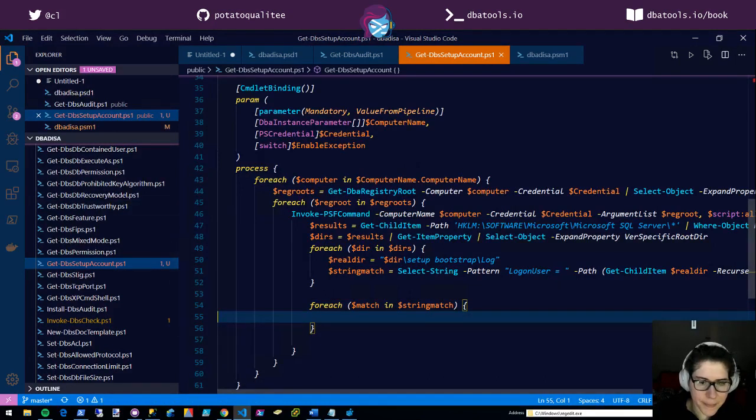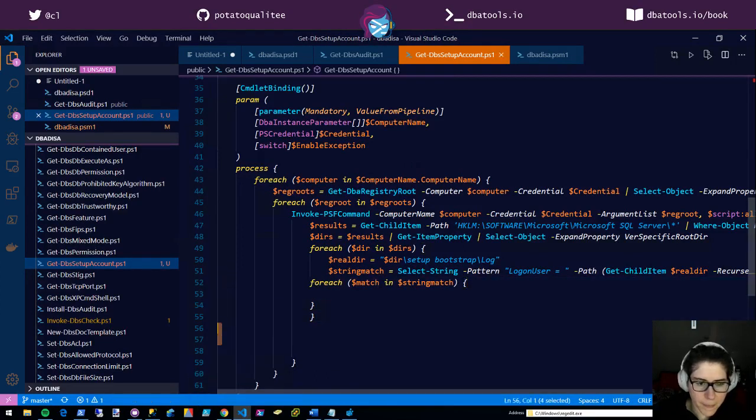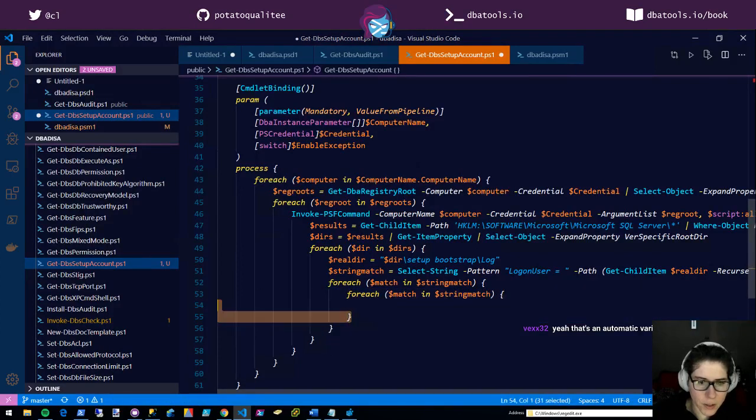Then reach dir and dirs. No, I just keep overriding that, so I do need to put it up here. Oh shit, I totally deleted my thing.